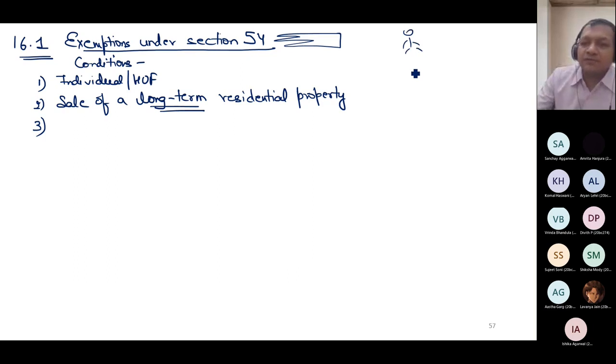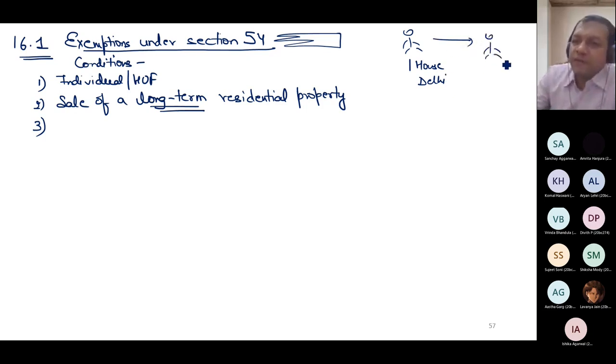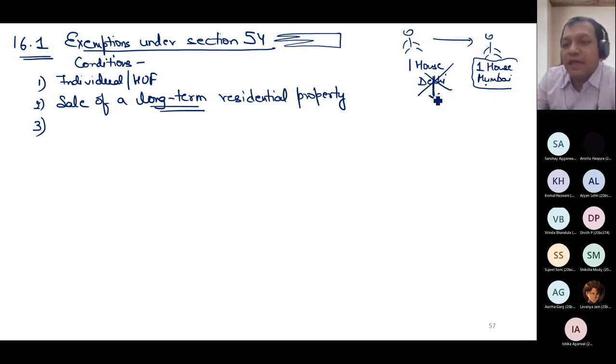Suppose I'm having one house and my job is in Delhi. If my job is moved to Mumbai, or if I have to move to Mumbai for long term, for example, then I will sell the Delhi house and I will purchase another house in Mumbai. Now, if you are collecting tax from me on the Delhi house, as a middle class person I will not purchase my own house in Mumbai because I will be afraid that if I sell my Delhi house, I have to pay tax on capital gain. I'll become a little bit afraid as a middle class person.